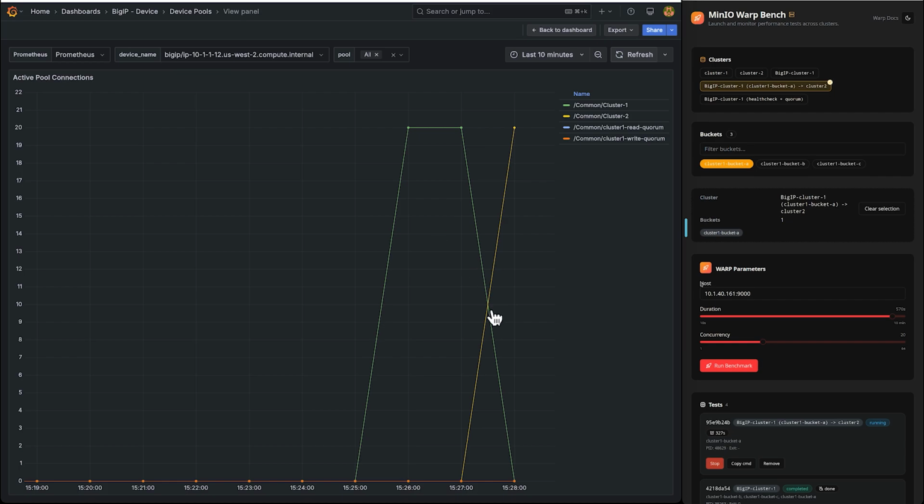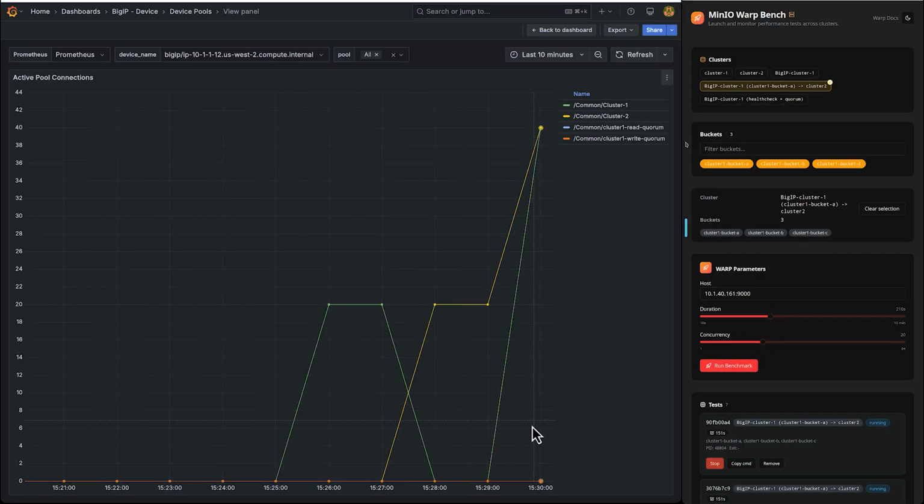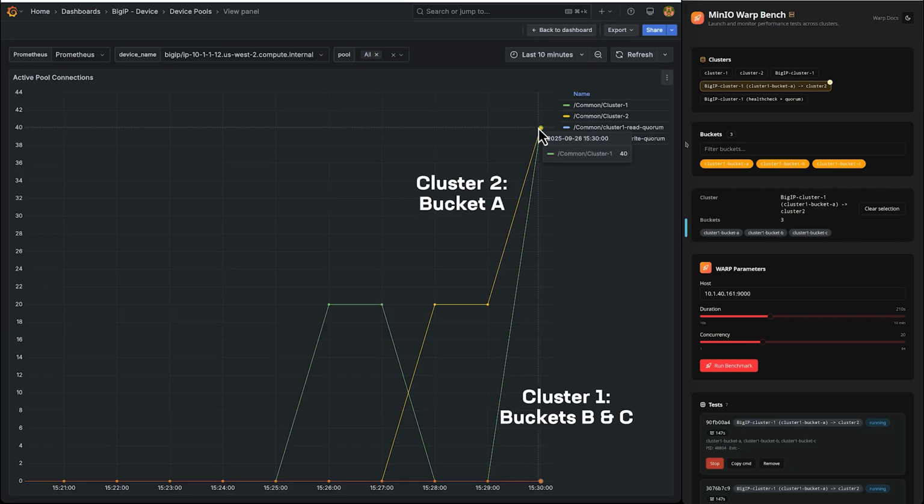The green line, bucket A to cluster 1, drops to 0, while the yellow line, bucket A to cluster 2, increases accordingly. We can now generate traffic for buckets A, B, and C, and we can see that cluster 1 resumes serving requests to buckets B and C, while cluster 2 continues to handle all of bucket A